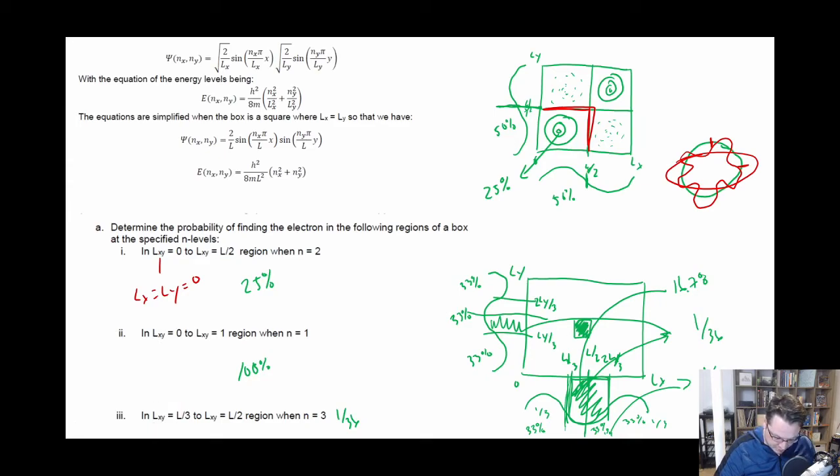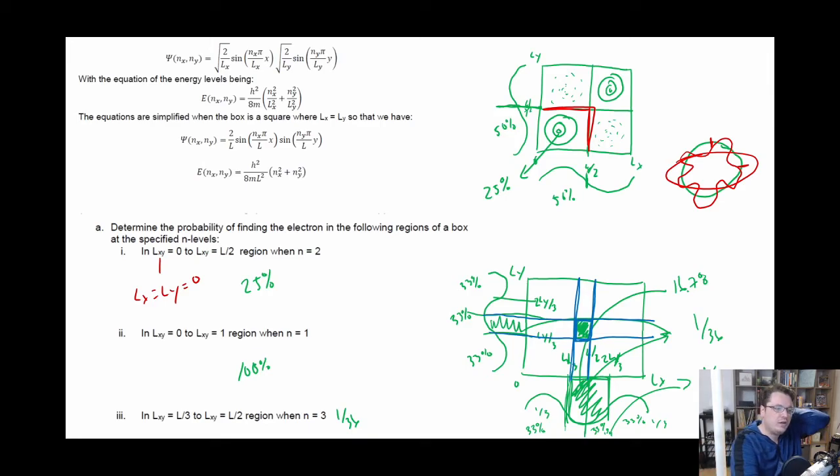All I'm doing in this case is saying, okay, what is the likelihood of finding the electron in that corridor of the x-axis? So that's the first thing that I'm doing. And then the next thing is looking at the y-axis, where I'm like, okay, what's the probability of finding the electron in that corridor of the y. And now I'm just taking those two things, multiplying them together, and that's how I end up finding the probability of finding the electron in that really small region of those two corridors. And so that's the same thing that you can then apply to a